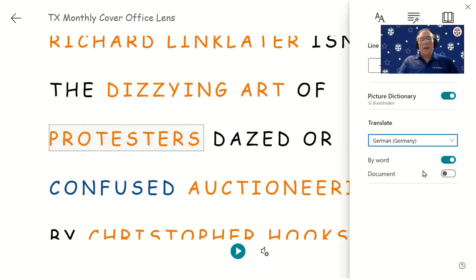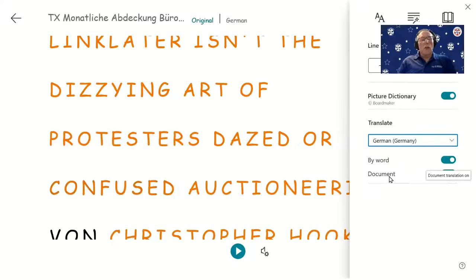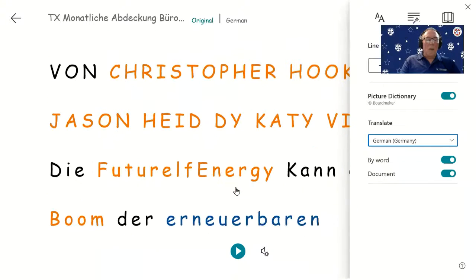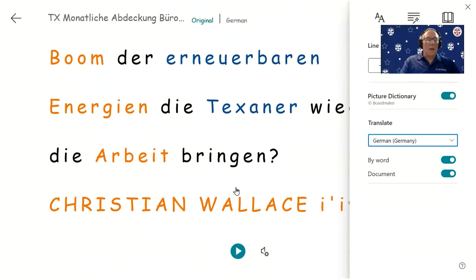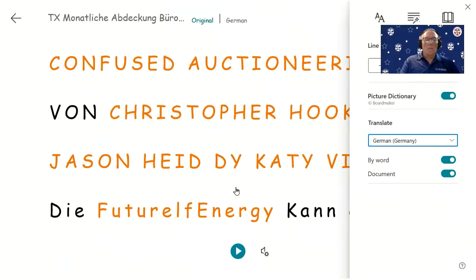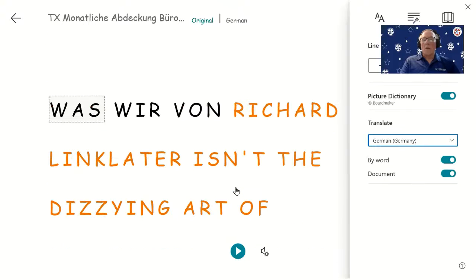So now I can, and this again is from a magazine cover, I can change and translate the document. And you notice some of these words are just not translatable, but here we go. So in other words, and again, this is straight from the magazine cover. So if I go back,